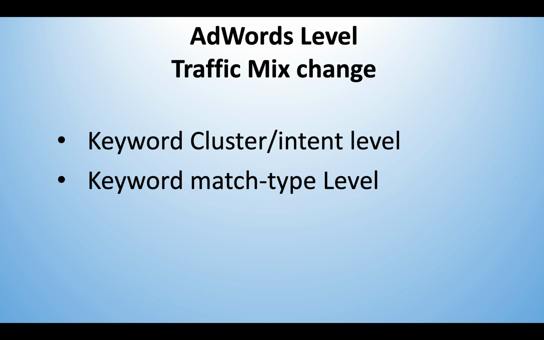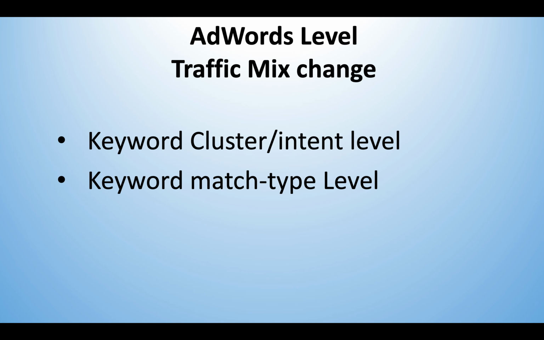So at the AdWord level, your traffic mix will change based on a cluster of keywords which gives you traffic changes. This depends on how you structured your campaign. One of the most recommended ways of structuring your campaign is using the match type. By doing this, you could have a tiered CPT or CPA bidding structure. The other commonly used way is clustering your keywords based on intent. So when you analyze the campaign, you have to see what percentage of your traffic is coming from each of the clusters last month versus this month. If you are seeing a considerable change over there, then that could be causing your CR change.